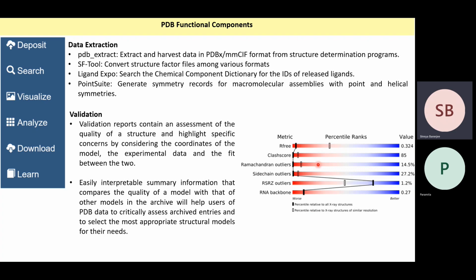And it is compared. So suppose outliers, the outliers must be small. Ramachandran outliers means orientations that are not in the Ramachandran allowed regions. So the number of these must be small. Then sidechain outliers are disallowed orientations of side chains. So that also the number must be small. Like this,